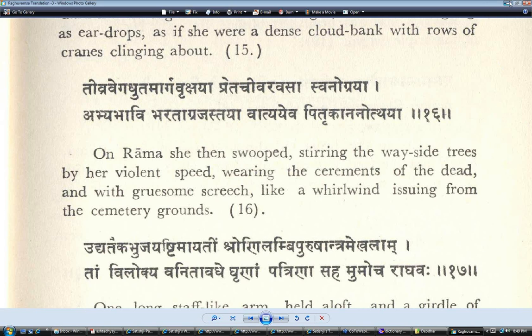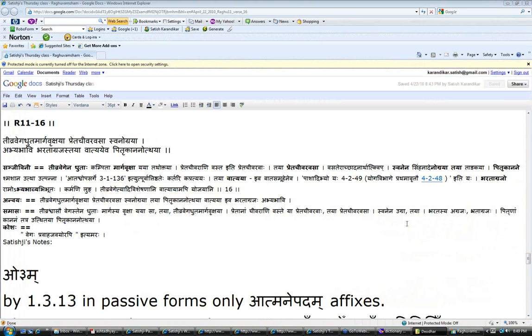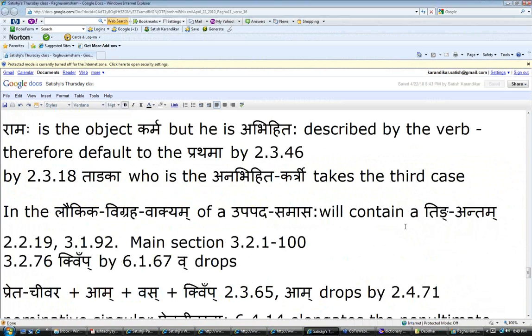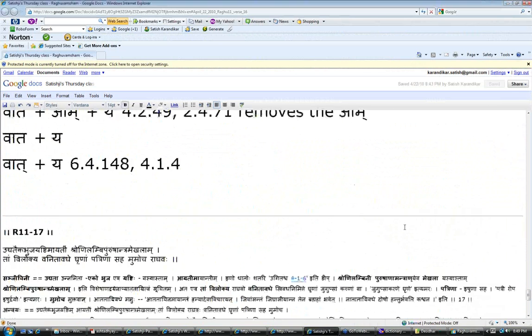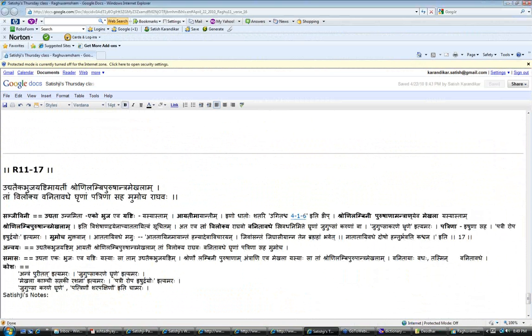We're pretty much out of time. Let me just introduce the next shloka for you, and we can give you a little bit of homework for the next shloka, and then we can take it from there. It says, Ujjataika bhujayashtim ayatim shroni lambi purushantra mekhalam tam vilokya vanita vadhe granam patrina saha mumocha raghavaha. One more time. Ujjataika bhujayashtim ayatim shroni lambi purushantra mekhalam tam vilokya vanita vadhe granam patrina